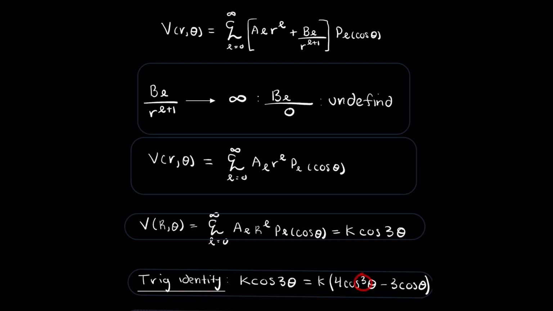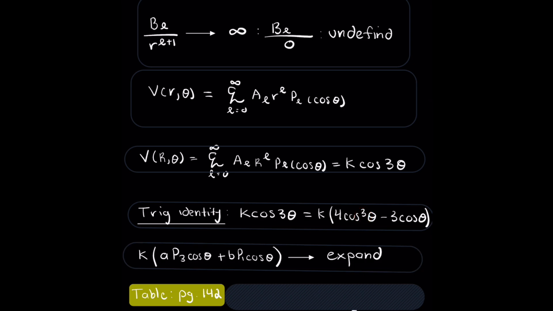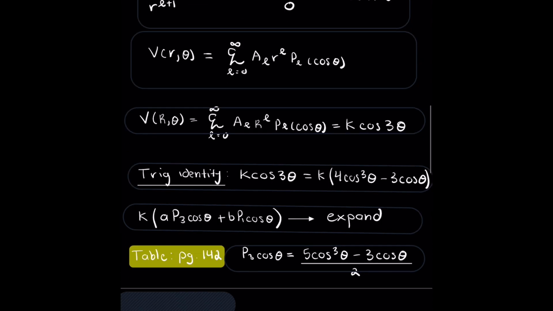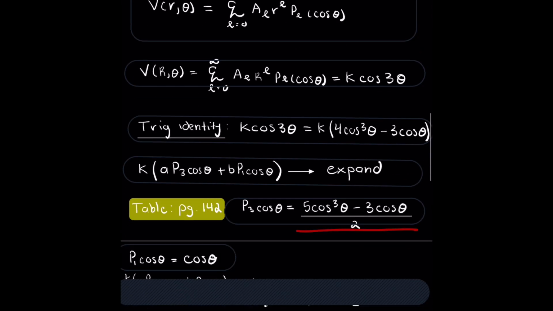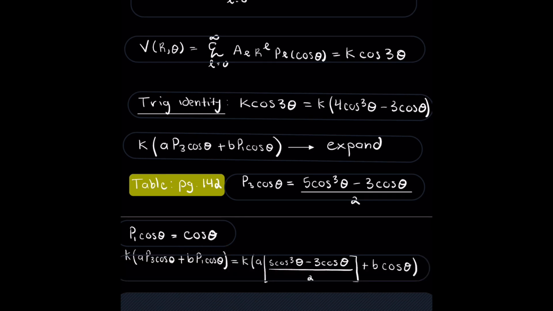We have cosine to the third power, we have cosine to the first power, and doing so we can rewrite it in terms of our polynomials, and we get k times some constant a times P3 plus some constant b times P1, and we can expand this using the table of polynomials on page 142 in Griffiths, where P3 is equal to this expression and P1 is equal to this expression. And in doing so we have this algebraic expression here, where now we need to solve for a, and this